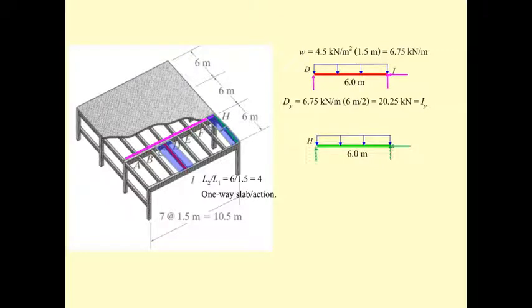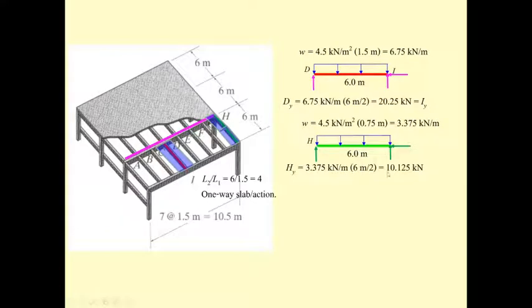So the applied force is going to be half of 6.75, which is 3.375, and then the reaction H sub y is going to be half of 20.25, so it's going to be